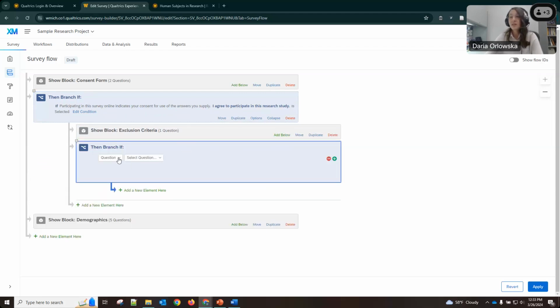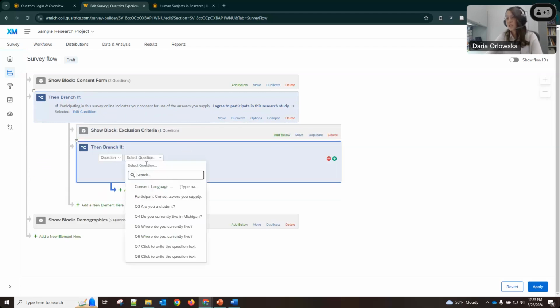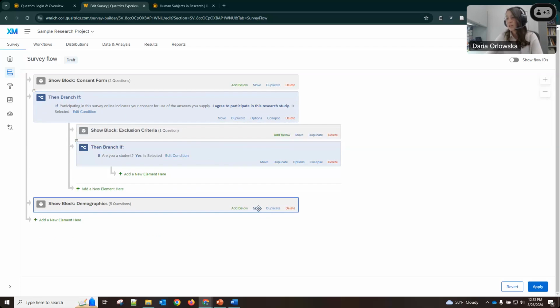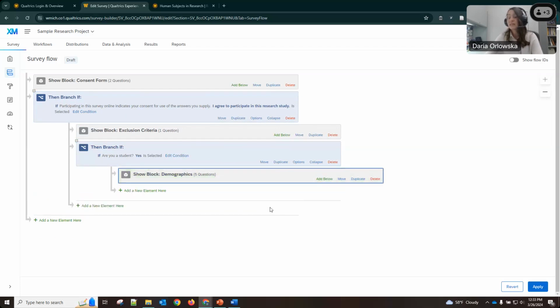So we're going to add a question. If the question, are you a student, is selected as yes, then we want to have them see the demographics.